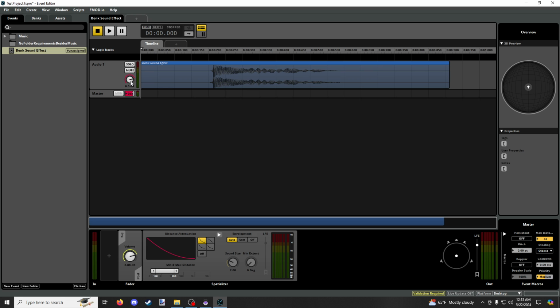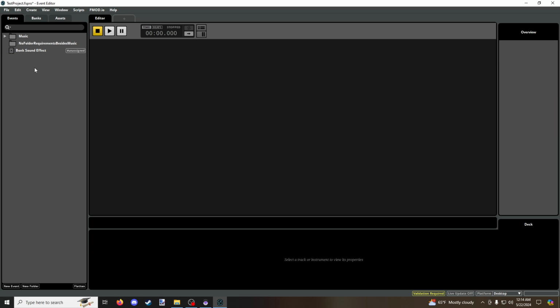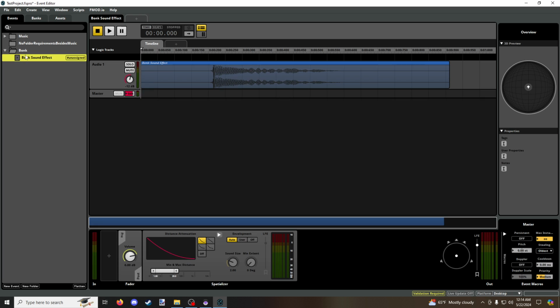You kind of click on this little knob here and then you move your mouse up or down in order to adjust the volume. I think that is a perfectly fine volume though, so I think we will leave that as is. Now we're going to create a new folder, and we're just going to call it bonk, and we're going to put our bonk sound effect in that folder. Now that we have all of the sounds we're going to be using into FMOD,